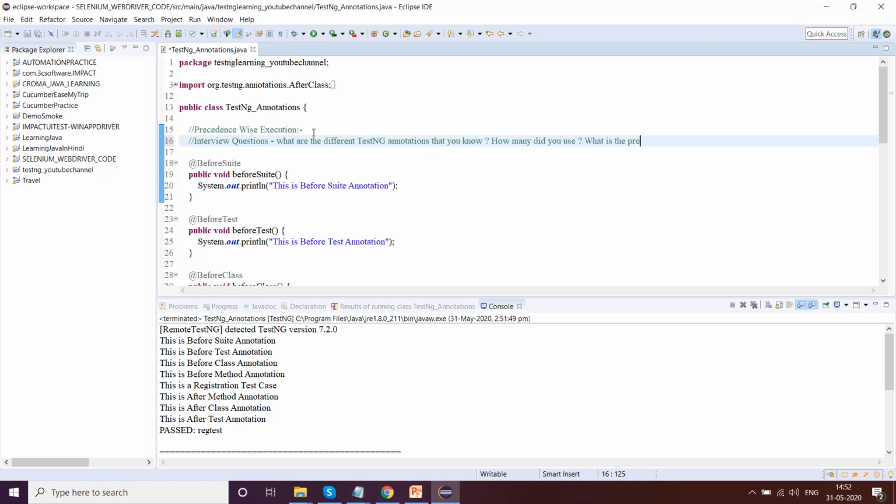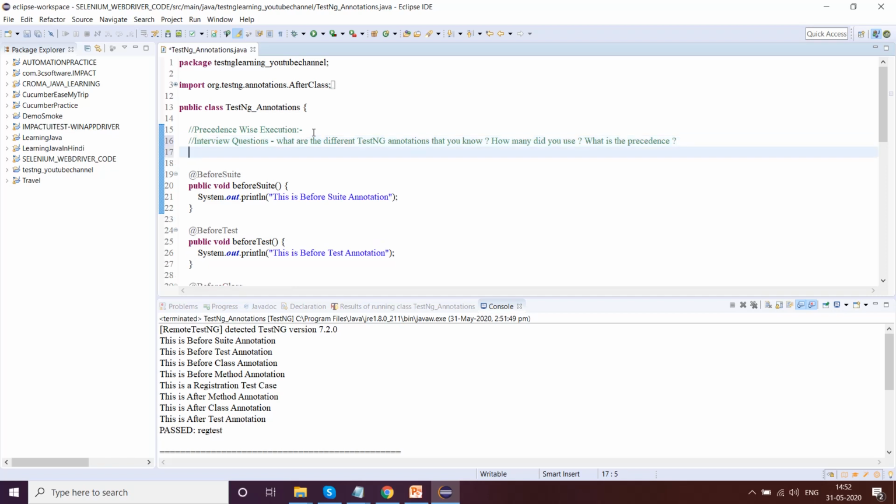what is the precedence. The answer to the precedence is first and foremost @BeforeSuite, followed by @BeforeTest, followed by @BeforeClass, followed by @BeforeMethod, followed by @Test, followed by @AfterMethod, followed by @AfterClass, followed by @AfterTest, followed by @AfterSuite.